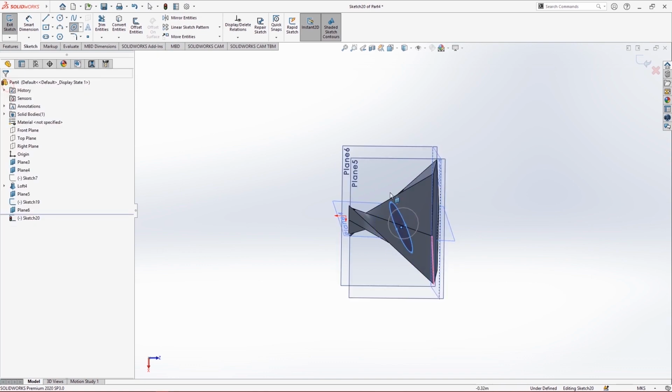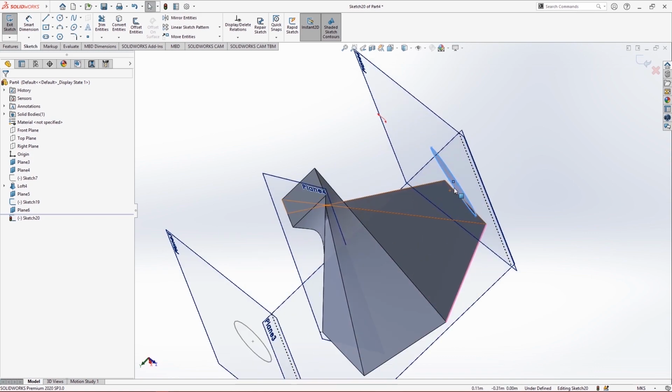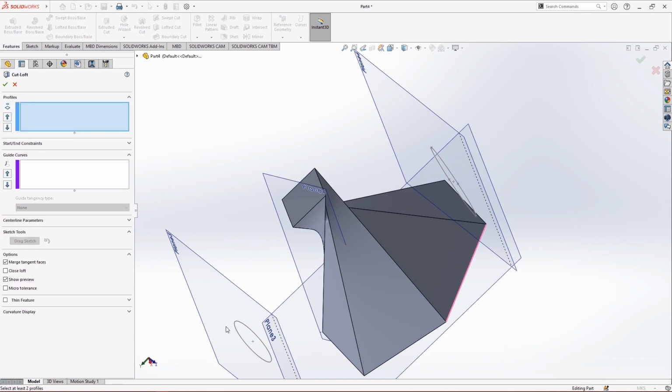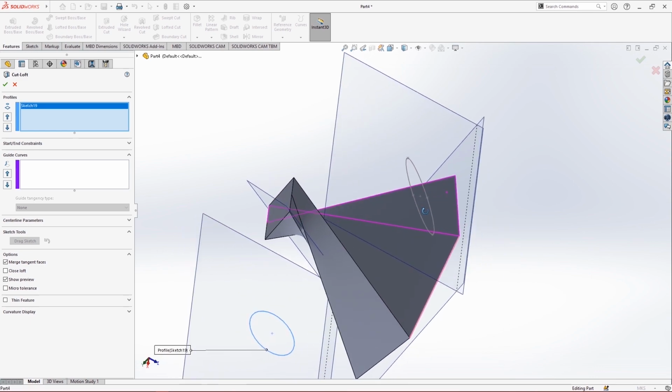Okay, we have 2 shapes, and we will draw a lofted cut. We will make a lofted cut using both of these. So just go to, leave it here, and go to lofted cut. You just choose the plane surfaces, this one and this our ellipse,